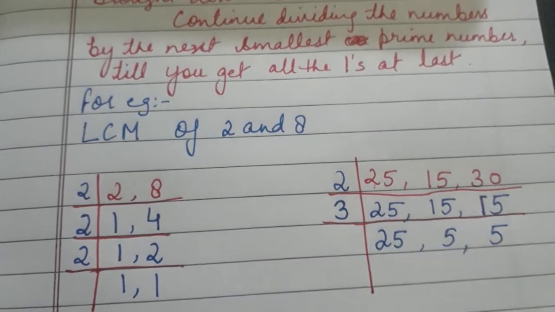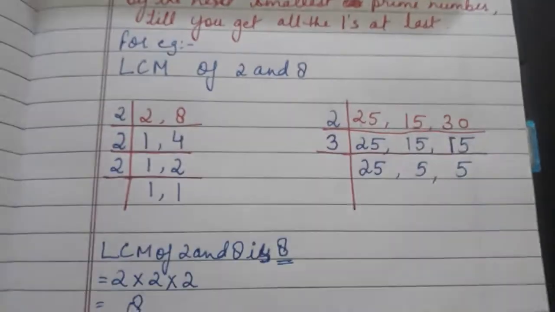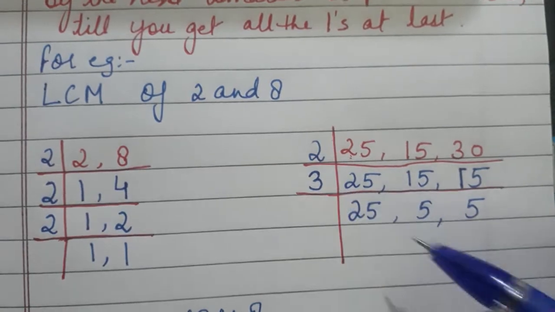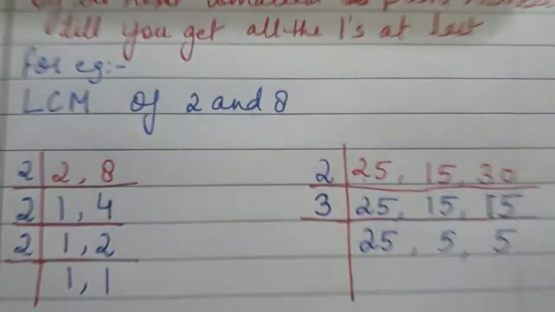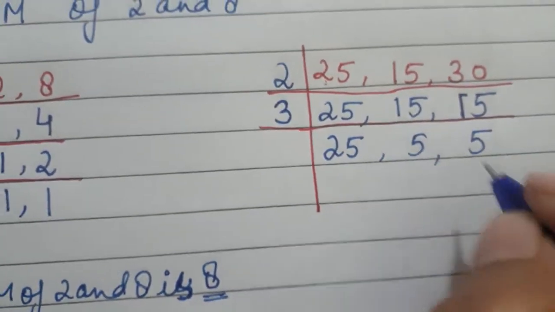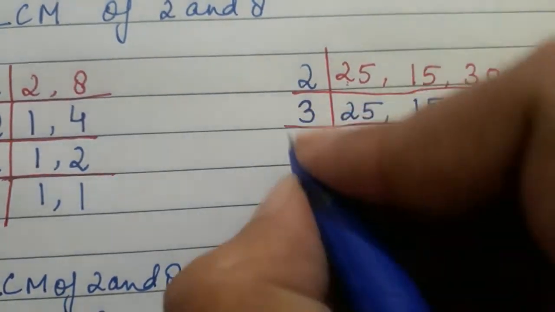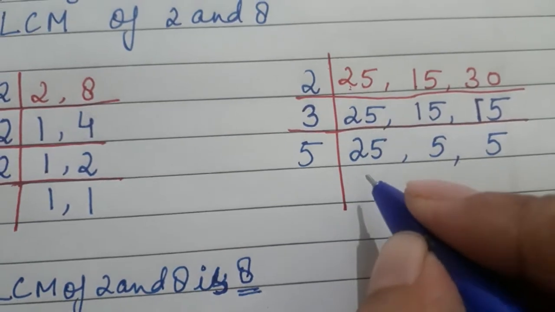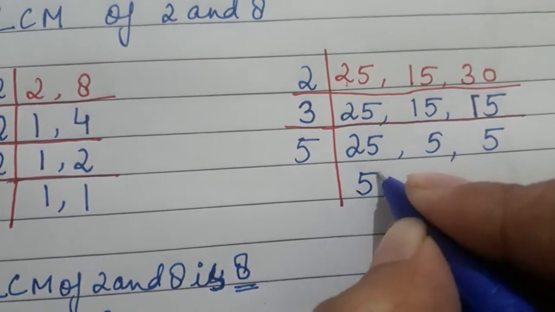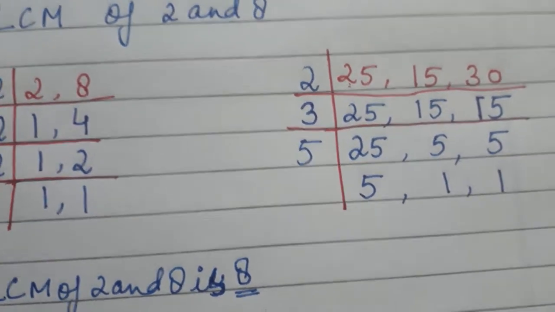Now we will see whether this number comes in the table of 3 or not. 25 doesn't come in the table of 3. 5 no, 5 is a prime number, children. It is divisible either by itself or by 1. So let us take this 5 here. 5 will go how many times? Correct, 5 5s are 25. Now 5 1s are 5 and 5 1s are 5.